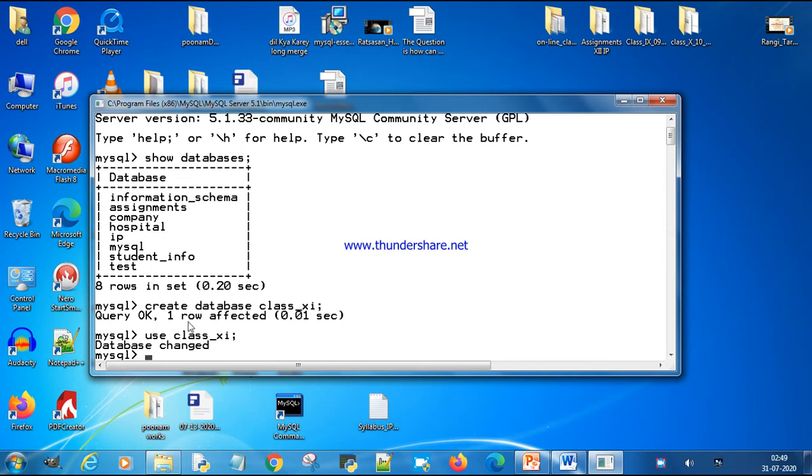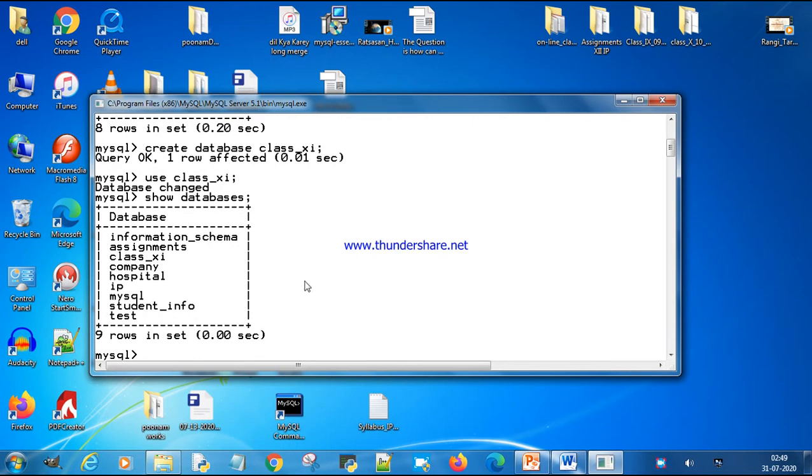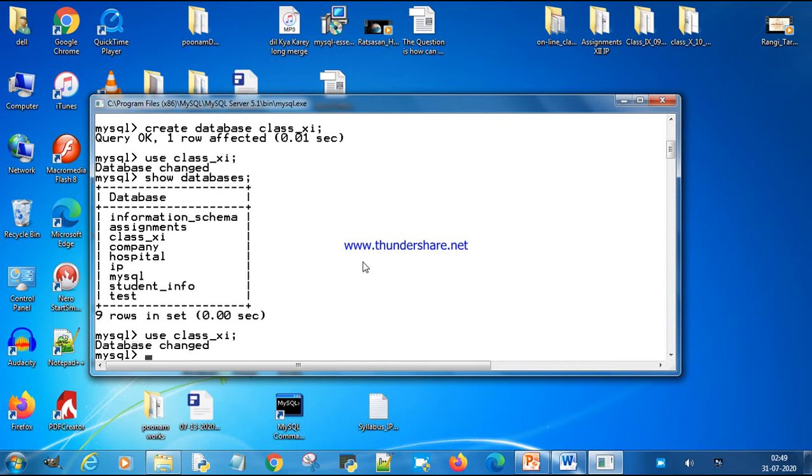Here there is no class11th, so show databases. See, class11th. It's a good practice that if you switch between any two different commands, always use the use command in order to get back in your database.